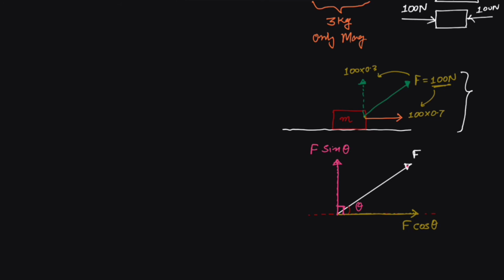Why this F cos theta, F sin theta? We have given some explanation on the basic concepts in another video. You can refer to that. Or quickly, if you want, I can also say this is F making an angle of theta. We don't know what this component would be, so we call it Fx. In this direction, suppose there would be some component, we call it Fy. So let us see how much Fx would be, how much Fy would be.